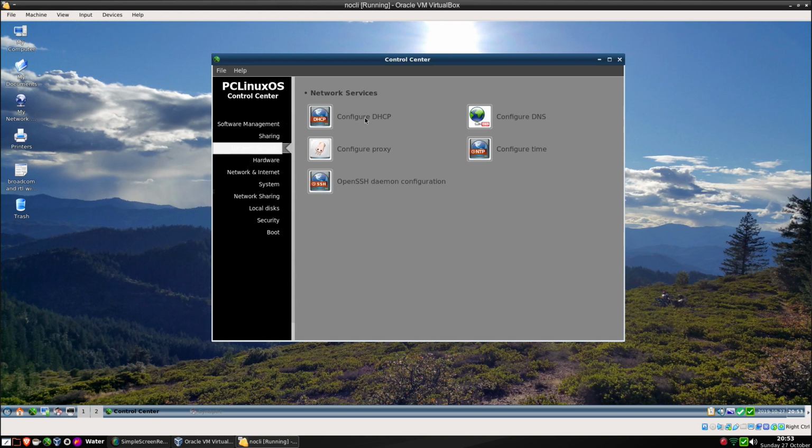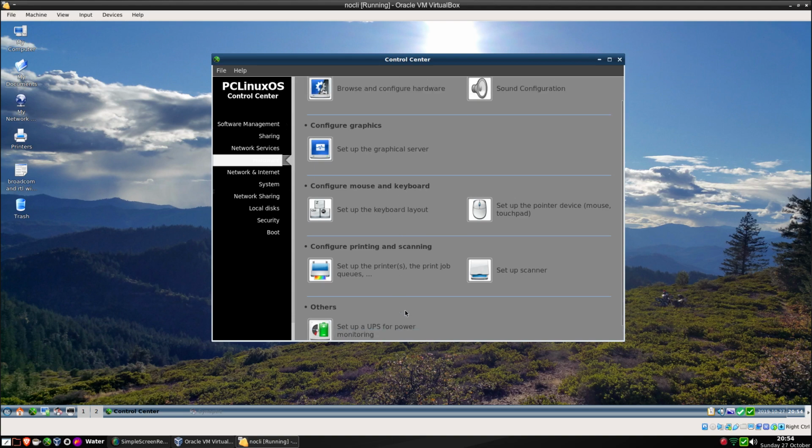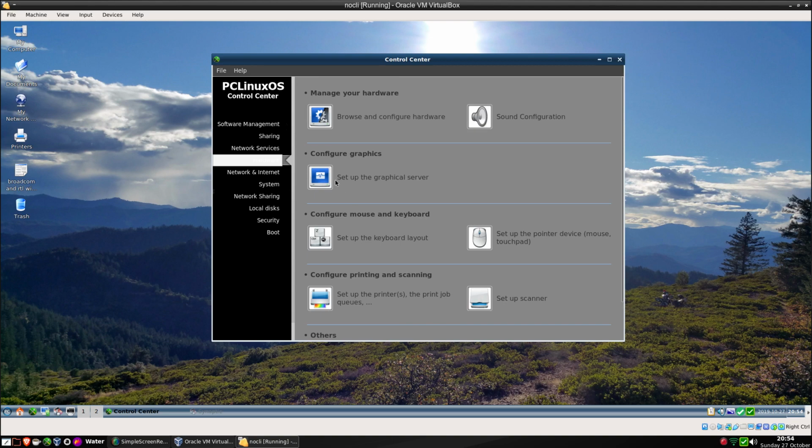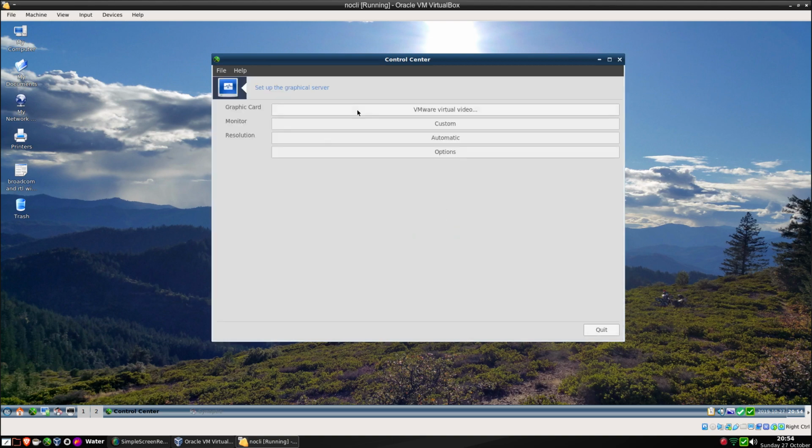We can also configure DHCP, and that's the server. We can configure a proxy, which is Squid, configure DNS, which is Bind, configure Time, which is NTP. We could also configure the SSH daemon. In hardware, we can configure pretty much everything you see here. For instance, I can cancel out of it. If you weren't happy with the VMware virtual video card,